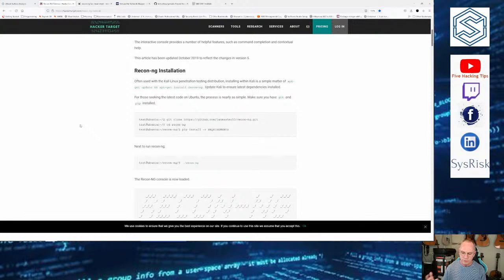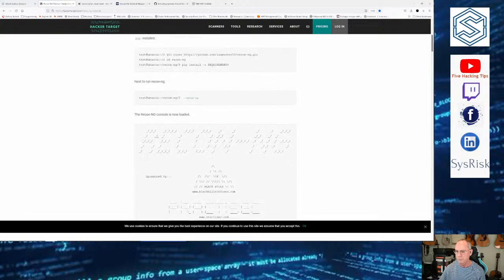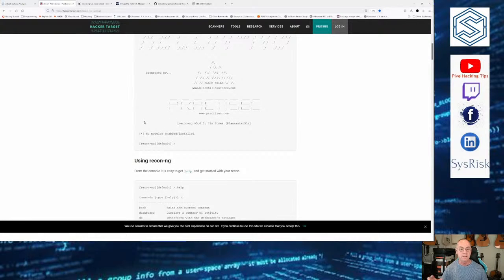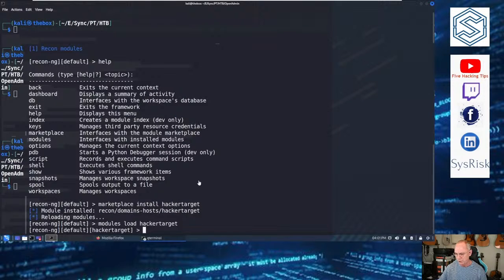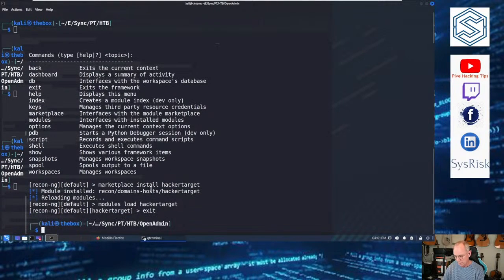And then I do know how to put in Ruby scripts. You can do that with Metasploit, but with this, it has a marketplace, and I'll show you. It goes through that in the tutorial for specifically what I'm talking about here. So if you want to do an attack surface analysis on a particular top-level domain, you basically go in here, you start up Recon-NG, and I'll walk you through it here also. I'll show you real time here. So you go into Recon-NG, you basically, let me start from the beginning. So I'll just say Recon-NG from the Kali